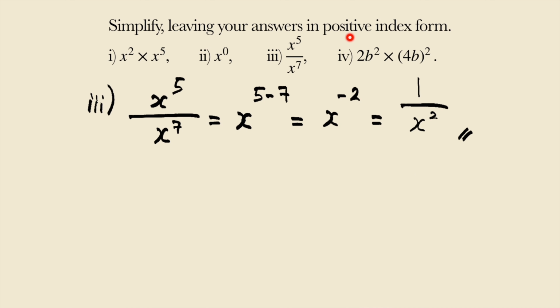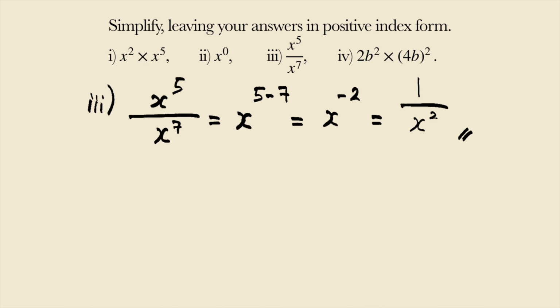Now, because the question wants us to express in positive index form, we can simply write 1 on top of everything and express the power now as positive 2. Okay, so this is the reciprocal of x squared. So just take note that if it's negative 2, put a 1 on top and it becomes positive 2, and